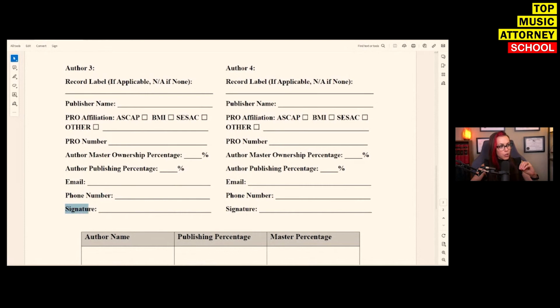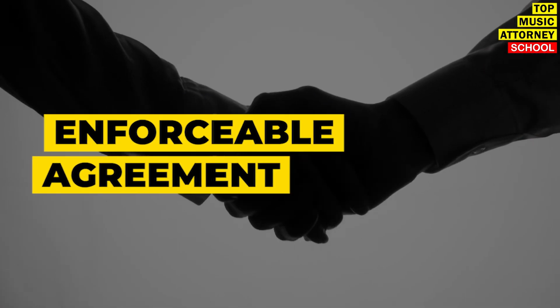If you remember, underneath each of the author sections, there's a little signature area. So we're actually going to sign this, and what that does is make this an enforceable agreement between us. If it's the only thing that we ever sign, and then you find out that I decided to go Wild West on you, and I'm releasing the song and I didn't tell you, I'm collecting all the money, you actually can use this agreement to enforce against me because you signed it. We all signed it and we said who owned it and what the percentages were.